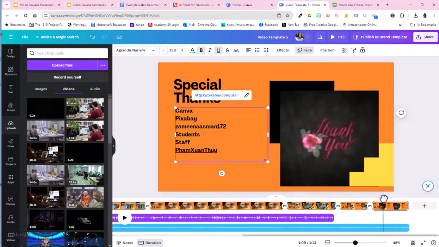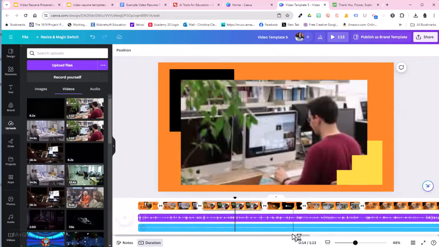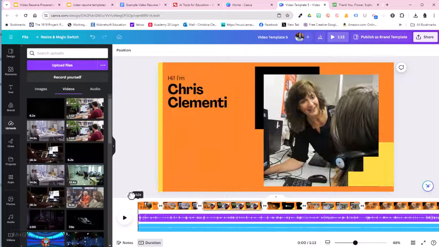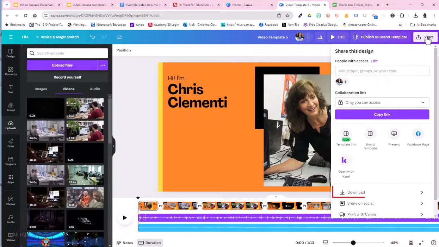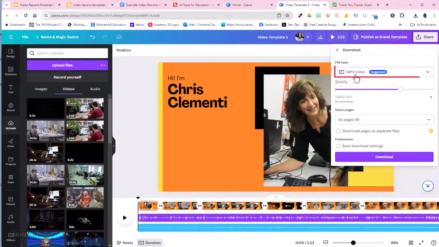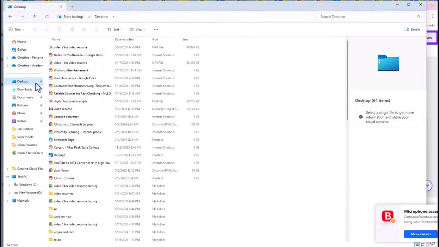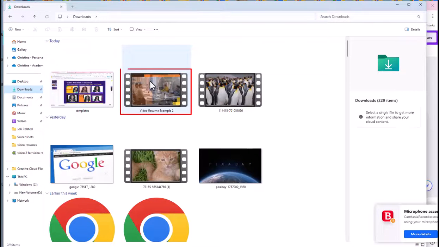You're going to want to rewatch it and fix any problems or errors in the presentation. Once you're really happy with the presentation, you're ready to save it. You would choose share in the upper right corner. You would choose download, leave it as an MP4, and then choose download. It's going to end up in your downloads folder, and you will be in a position to share your final